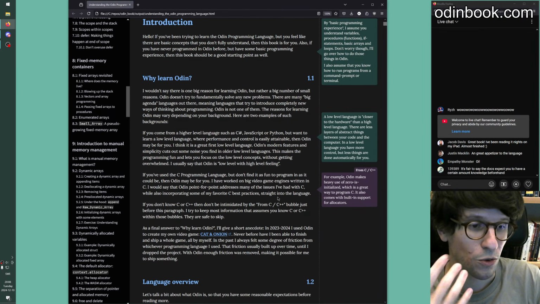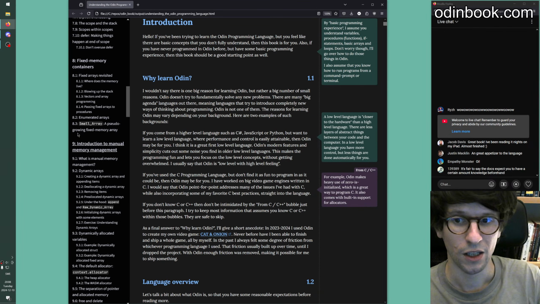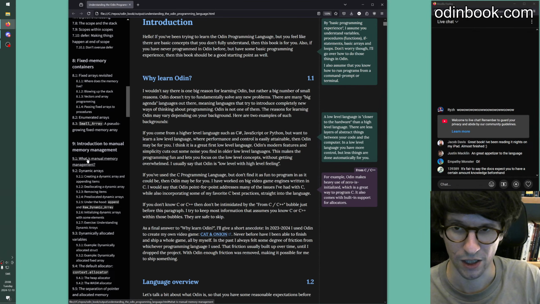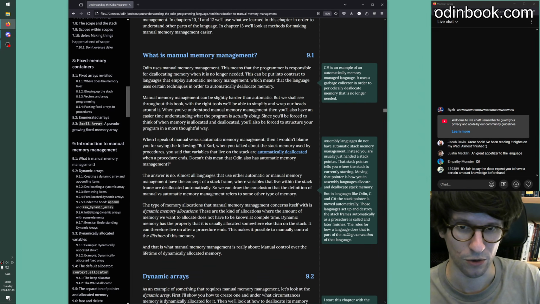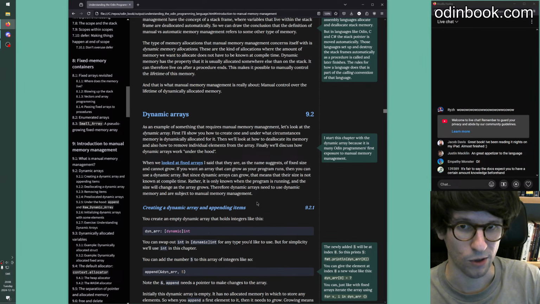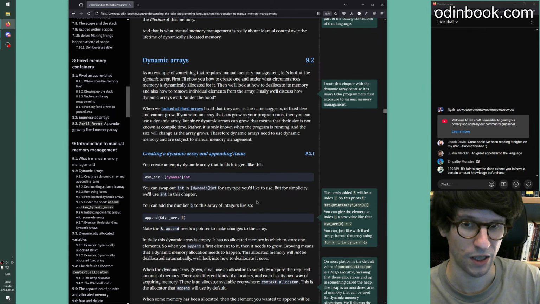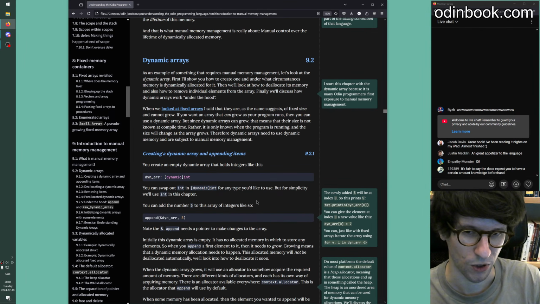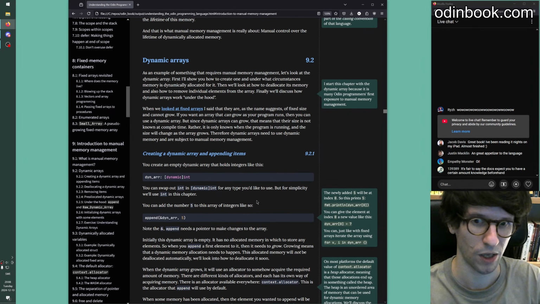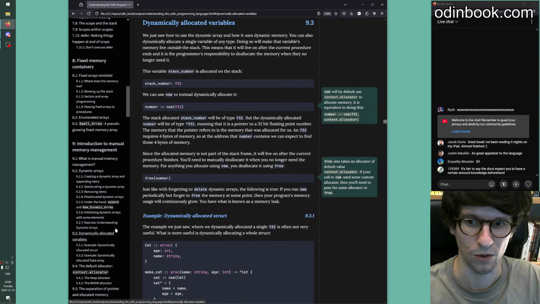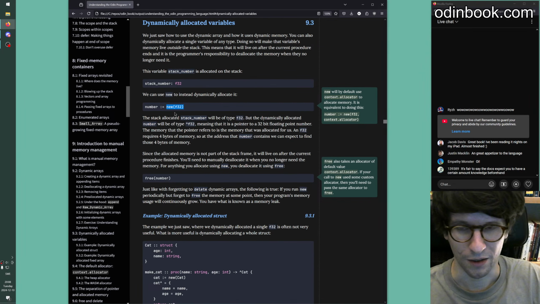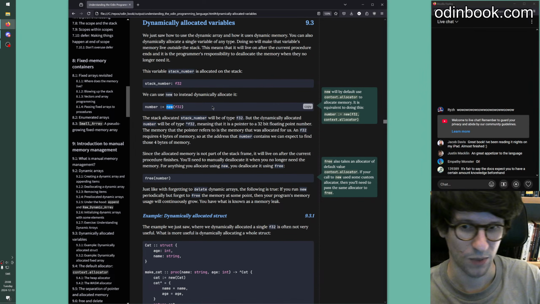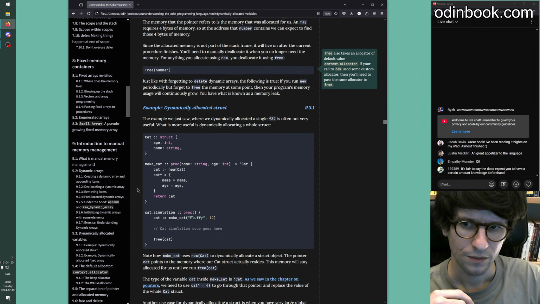It assumes that you know some programming, but you don't have to know any manual memory management. You see here there's an introduction to manual memory management chapter where I try to explain what it is. It looks at dynamic arrays to get started and tries to explain how to use them and what happens when you append items to a dynamic array and when memory is allocated. And then it goes a bit into talking about the new proc as well,